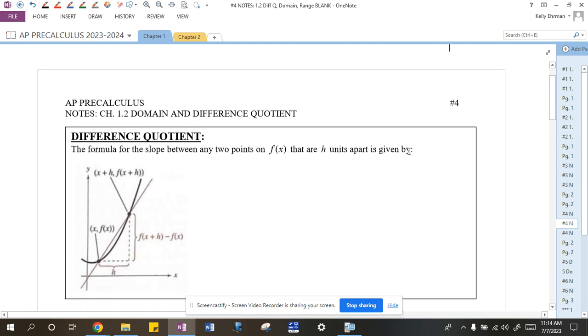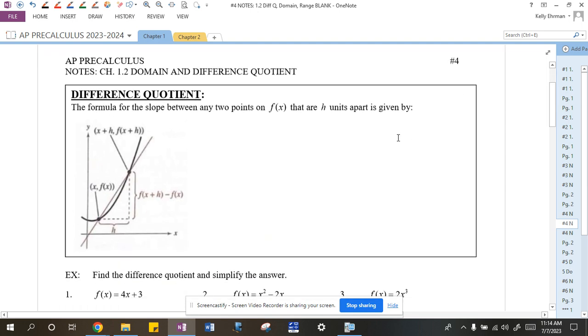Still in chapter 1.2, and we're going to talk about something really important that applies again to all of the functions that we're going to be looking at this year, and also is sort of a preview into calculus. So, the difference quotient. In Algebra 2, you might have learned a formula for the difference quotient and how to simplify it. And we're going to try to stress a little bit more about what the difference quotient is and what it's used for. So, the difference quotient is actually a formula